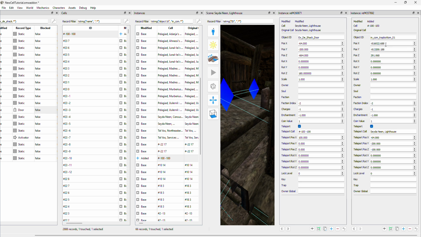So this is our location right here. Sorry, I mixed those up. So -664 would be fine here. And then we want to change this to what's up here. So we'll just Control C to make it easier. I think we might be teleporting outside the cell is the issue, and that's not going to work. And then that should maybe work now. Teleport's enabled, everything else checks out, so